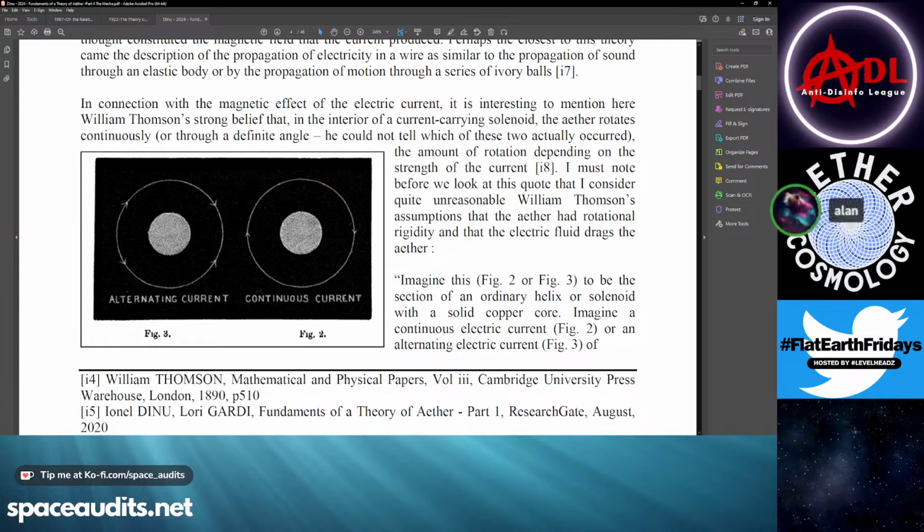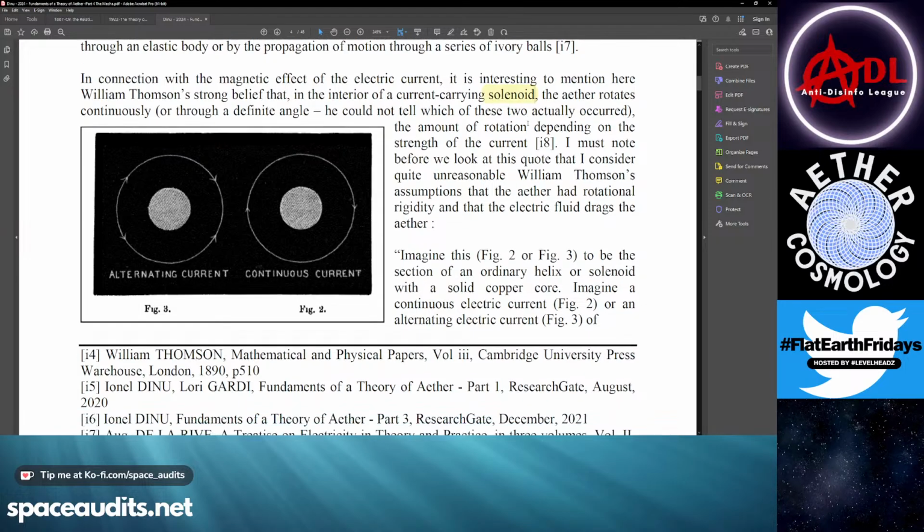Yeah, we'll definitely have to come back to some solenoids later, because there was that one that what's his name, Bennett, was telling us about, a huge ether proof. Let's see.